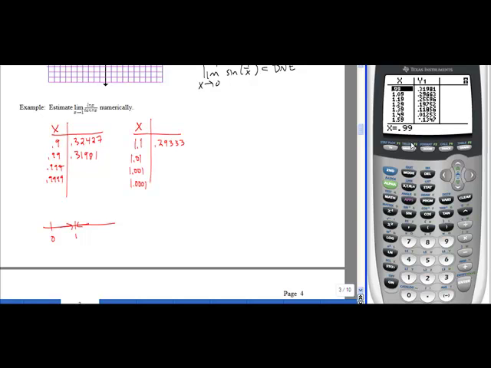And if I go to 0.999, 0.31847. And you kind of get the idea. I'll just go ahead and tell you the rest of these. 0.31833. 1.01 is 0.31662. 1.001 is 0.31815. And 1.0001 is 0.31829. Okay? So as x approaches 1 from below, slightly smaller than 1, what do these y values look like